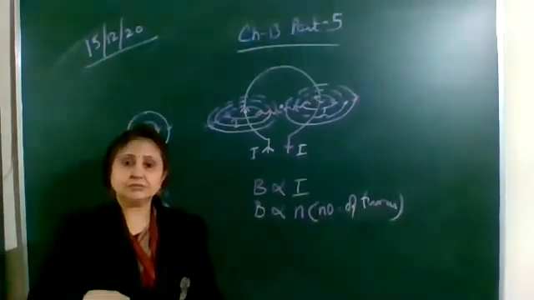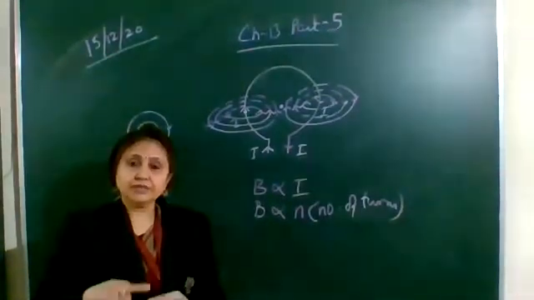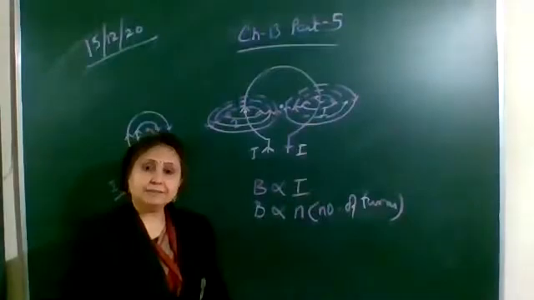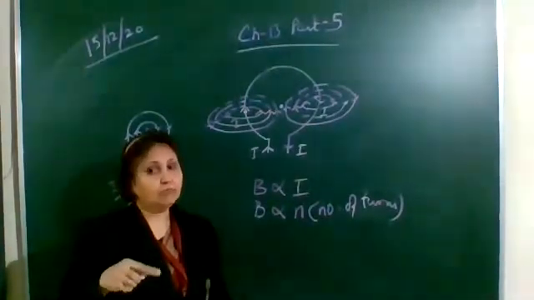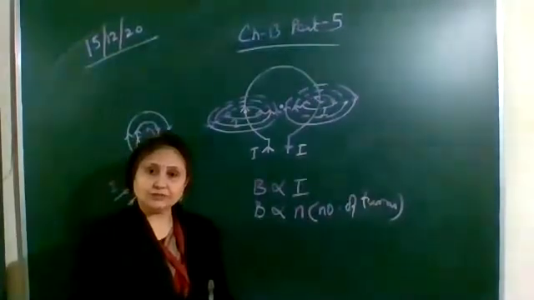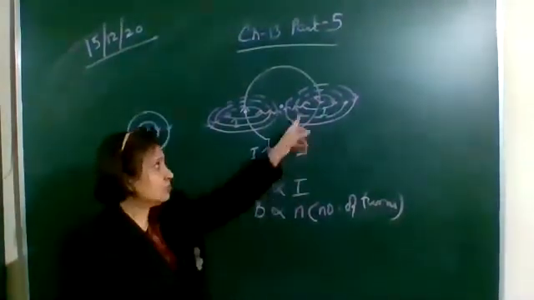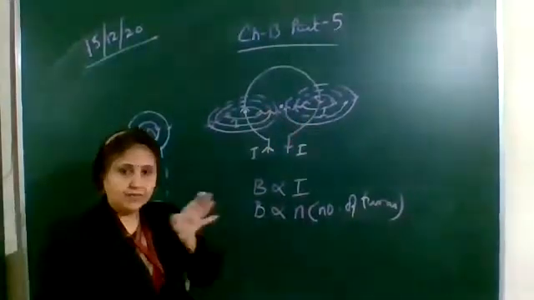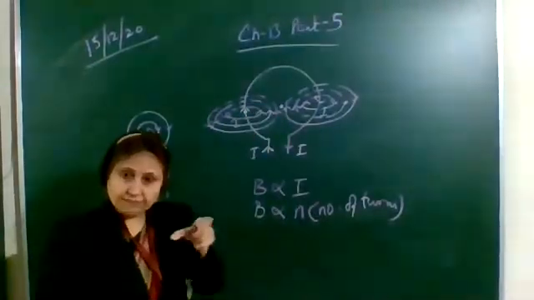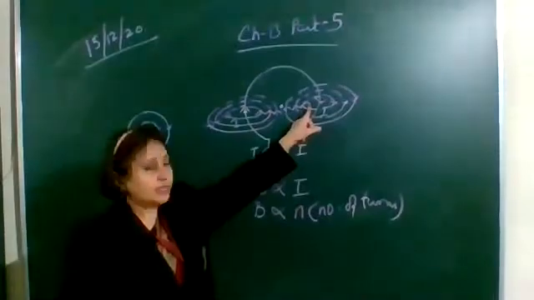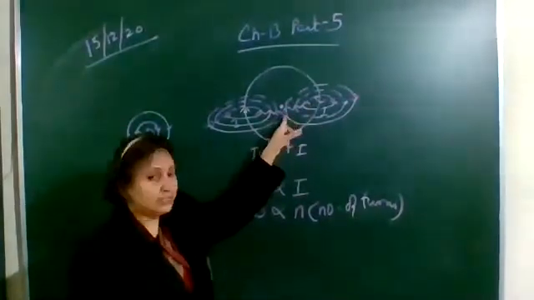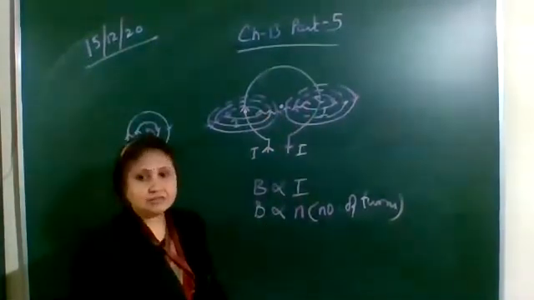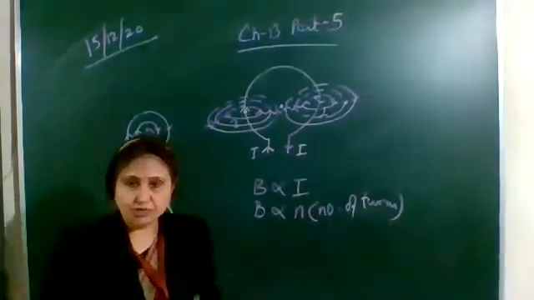If there are 3 turns, the magnetic field will become 3 times. So if there are n number of turns, the magnetic field will become n times. The more the number of turns, the more will be the strength of the magnetic field. Also, it is inversely proportional to the distance. As you are moving away from the wire, the magnetic field decreases. Here the arc will appear to be straight only at the center; you cannot use that the arc is a straight line at this point. Here, as you are moving away, the arcs are becoming straight. So these are the two factors on which the magnetic field due to a circular loop depends.